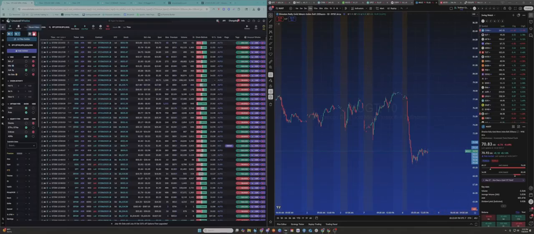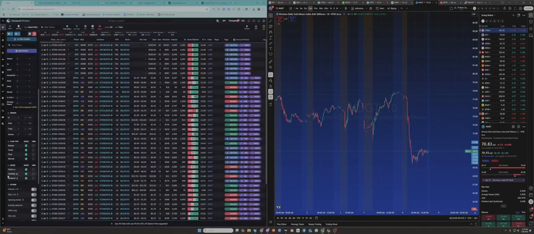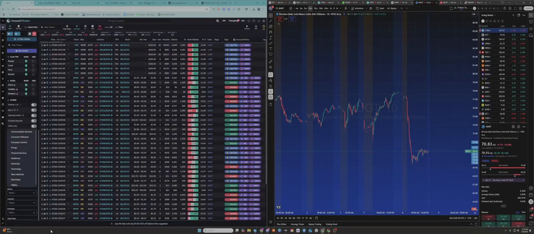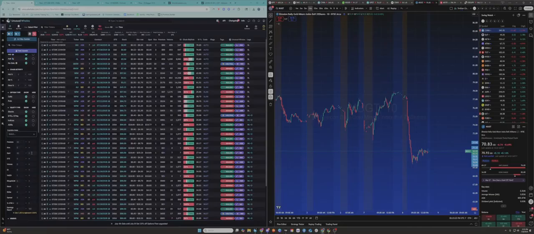So what I did was I popped open Unusual Whales here, and I basically just went down here. This is where it gets fun. Just go to sectors, and then I'm going to go to industries, sorry, gold. Where are you? There you are. So we can look at everything gold related here, and obviously I want things to be shorter dated.